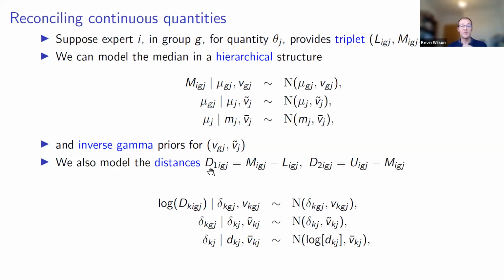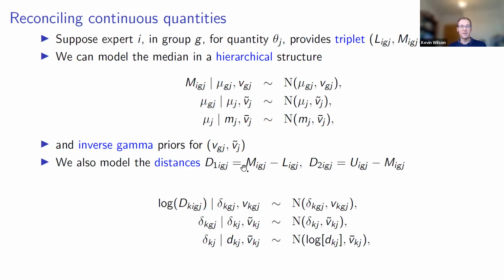So for the distances, these are positive. So we take the log of them and assume that these are normally distributed for the purposes of the hierarchical model. So then the log of them can take any value. So normal is then a reasonable thing to think about. So again, we've got the individual level. It's exactly the same as the medians. Now I've defined the distances. We've got the individual level at the top. We've got the group level in the middle. And we've got the decision maker level, the sort of overall level at the bottom. And so the delta_kj's are going to give us information about these two distances.